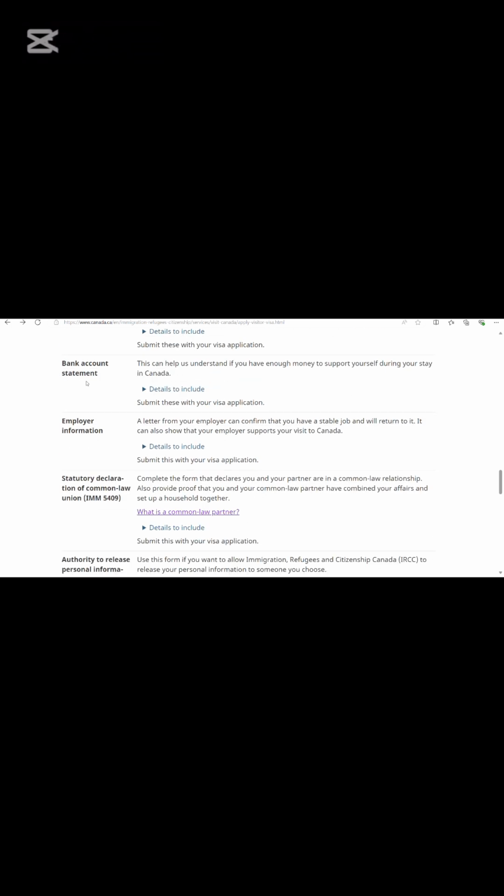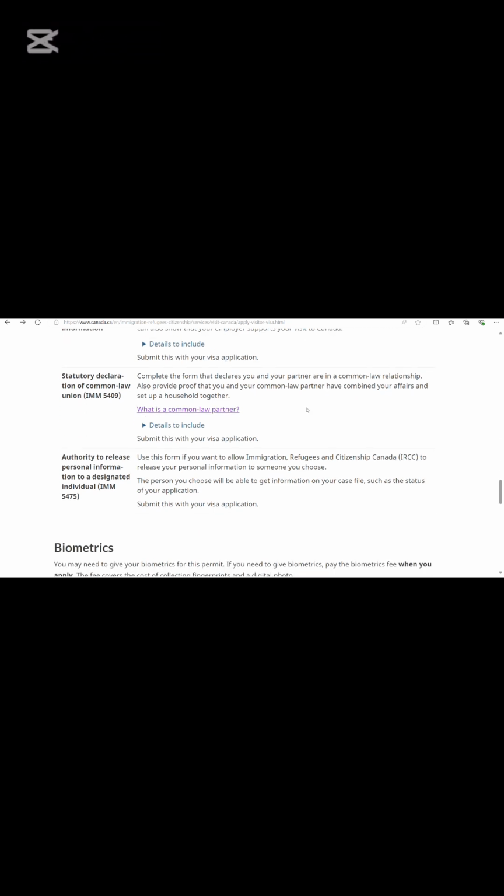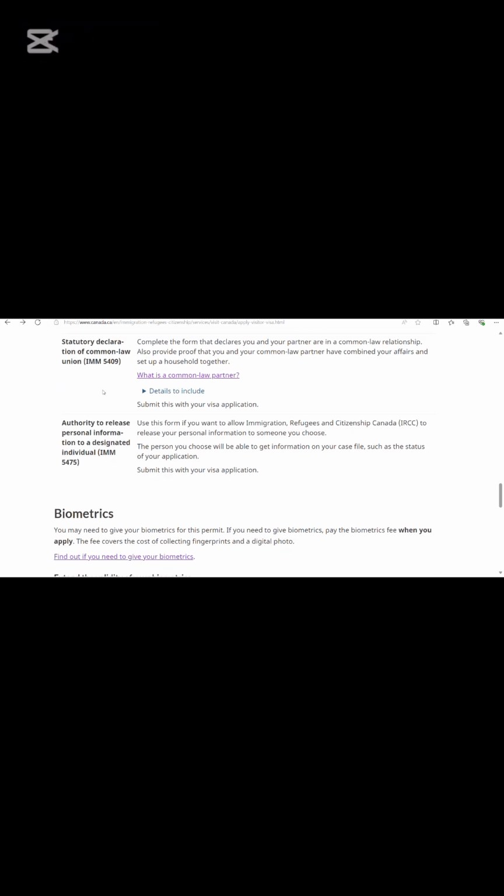You're going to be needing an itinerary that shows how long you plan to stay and what you do in Canada, a bank statement, so immigration can understand if you have enough money to support yourself during your stay, your employer information, a letter from your employer that you have a stable job and that you will return to it, your statutory declaration of common law. Do you have a common law relationship? You need to prove that you have a common law relationship. The details are here. Authority to release personal information. IRCC would like you to authorize them, to give them permission to release any information to any third party agency. So you need to fill this form out